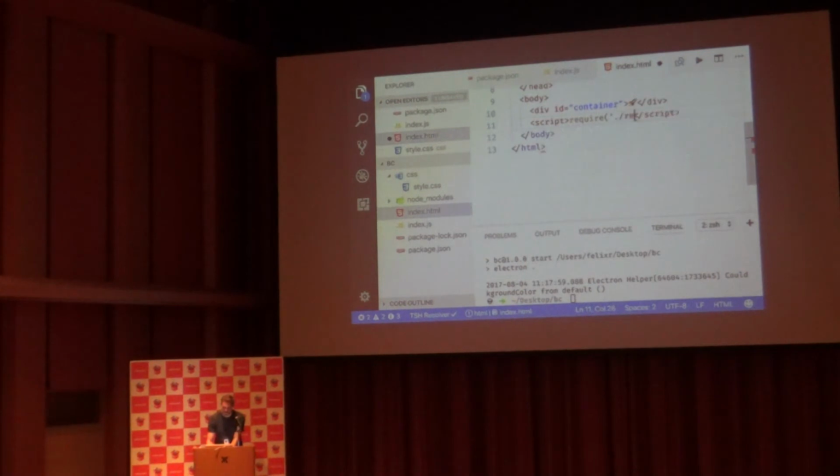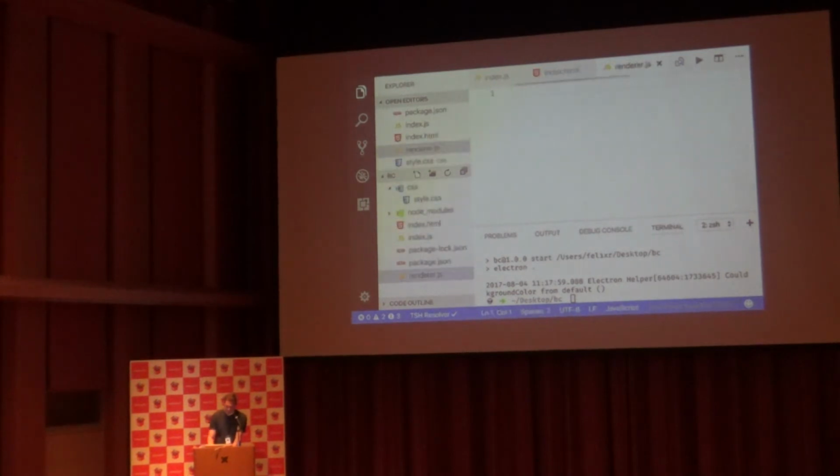And just say renderer.js. And this works. This would not work in a browser, but this works in Electron because we're just running Node, and we can just load modules like we would in a normal Node.js thread. So I can now make a renderer.js. And again, we're going to start humble with our little rocket. Right? So now when I execute this application,